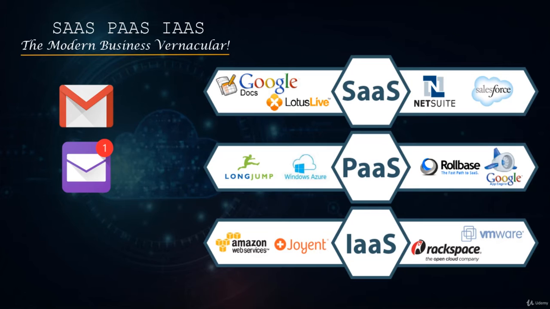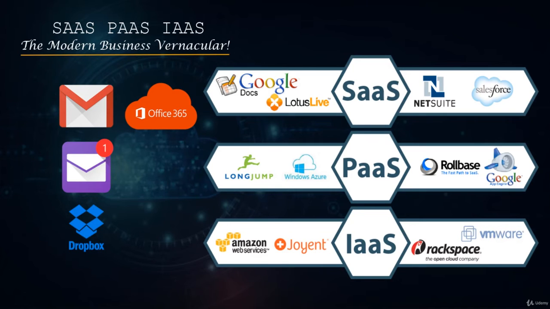Another type of software as a service you may be familiar with is Dropbox. So Dropbox provides storage as a service that allows you to save your files from your computer off to that Dropbox storage. So there are many different types of software as a service. You might even be using something like Office 365 in your corporate environment. So Microsoft provides web-based Microsoft Office services using the Microsoft Office 365 interface. And that is software as a service as well. So you see where this is getting to, right? Software as a service is pretty common, and you use that on almost a daily basis without even knowing it.